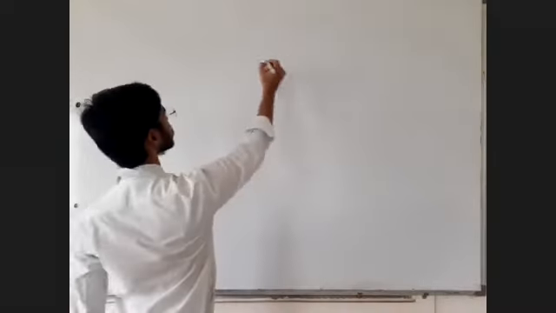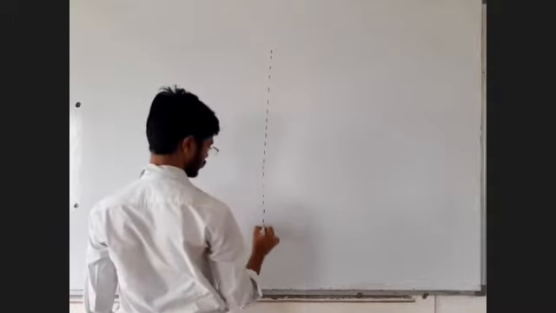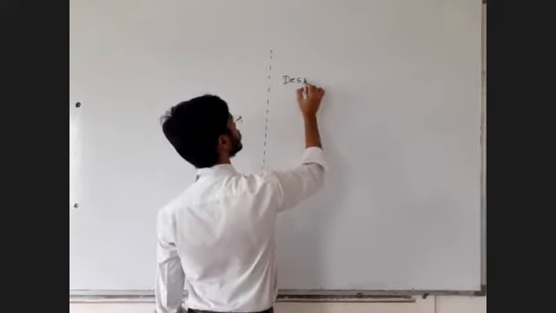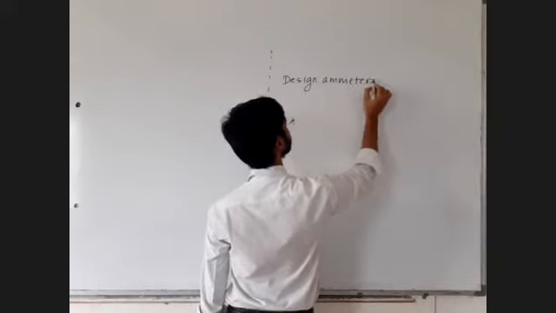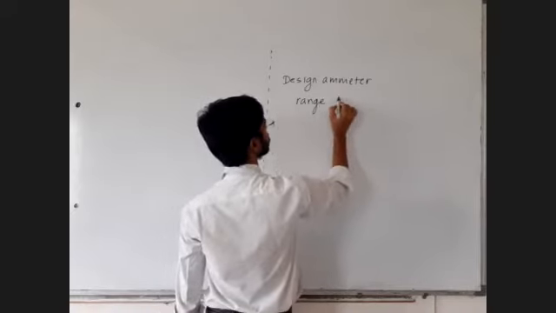Fine. So design of ammeter means find out the value of shunt resistance which is to be connected in parallel with the galvanometer. Okay. Now write down next. Let's say you want to design the ammeter for the range 0 to I max.